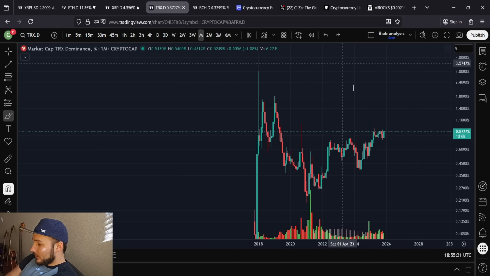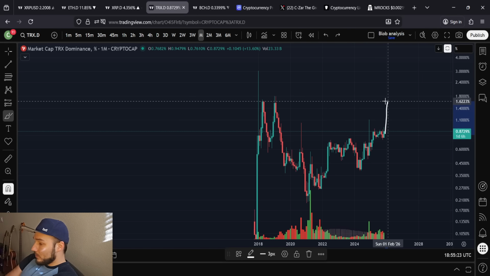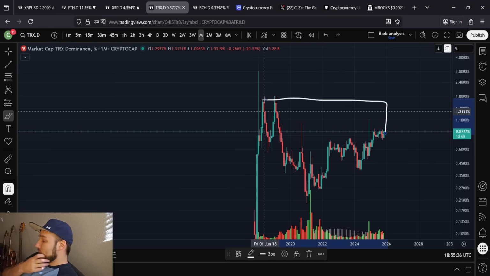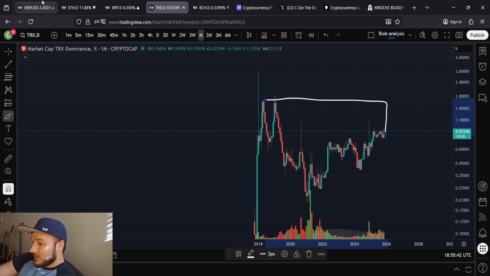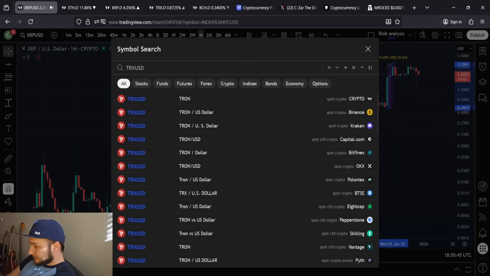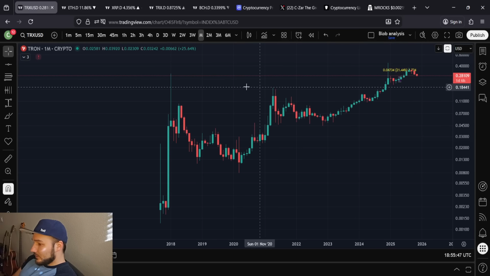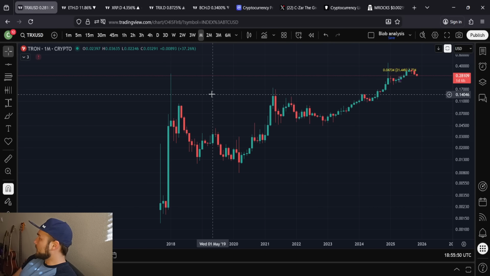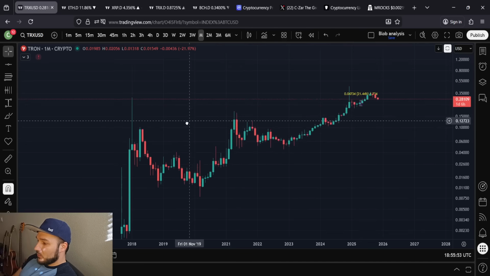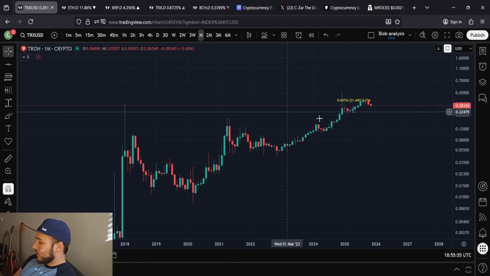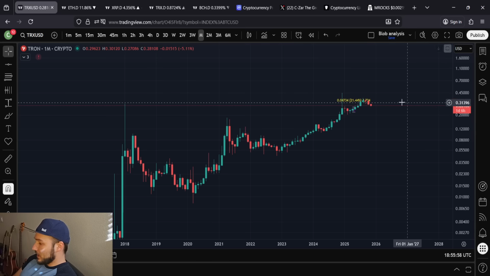We likely see Tron, TRX, move up to its next area, which is going to be somewhere around 1.6%. Imagine Tron's worth 1.6% of a Bitcoin, and Bitcoin's at $100,000. That would put Tron at, what, $160? Is that right? No, I'm sorry, 1,000, because 1% of 100,000 is 1,000, so it'd be $1,600. Wait, whoa, okay, it's the market cap. I'm doing it wrong. Okay, so the market cap would be 1.6%. The price would be different.